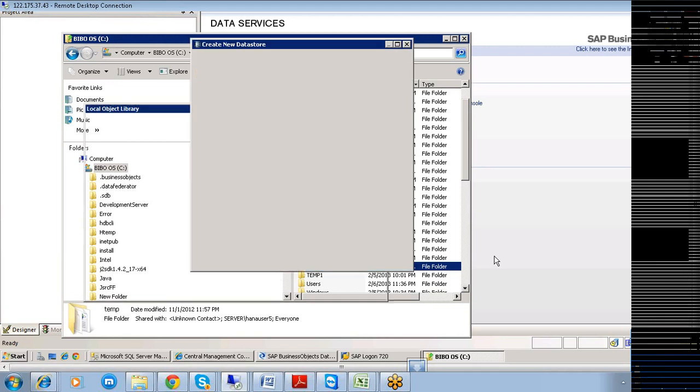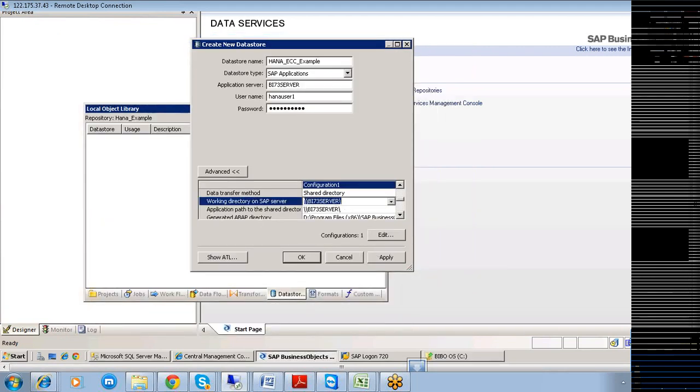So I can specify this one as C colon temp, and this is also specified as C colon temp here, and this one too I specify as C colon temp.